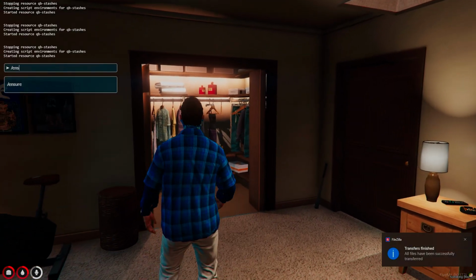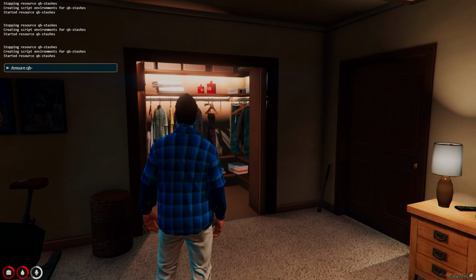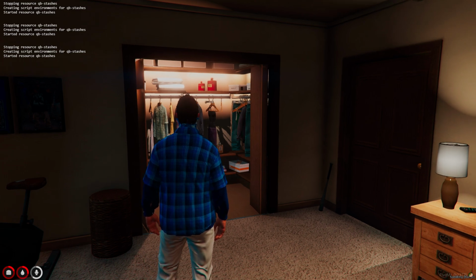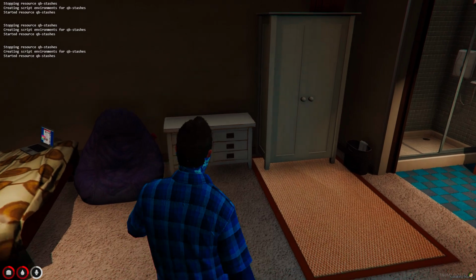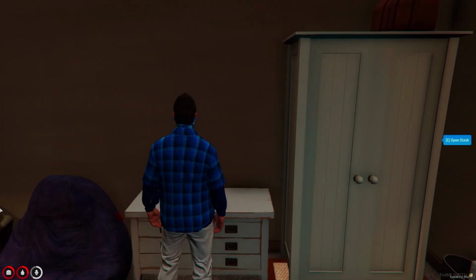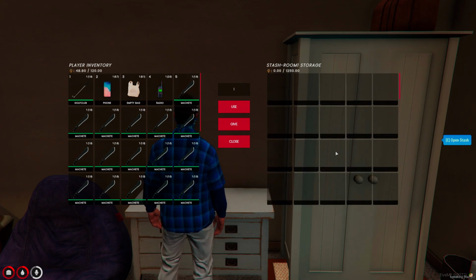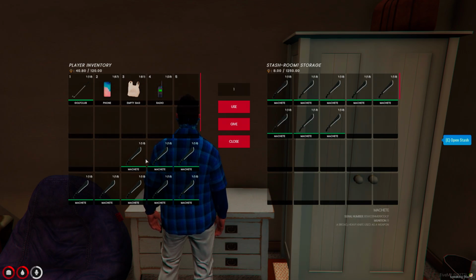If you do /ensure and then qb-stashes, okay, let's go up to it. As you can see, it says open stash over here, and then we can go in it, and here you go, room 1 storage. And then let's say if I put, I don't know, like a bunch of machetes in